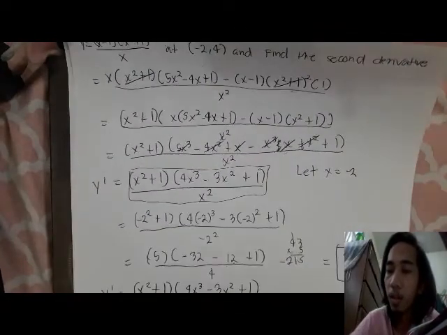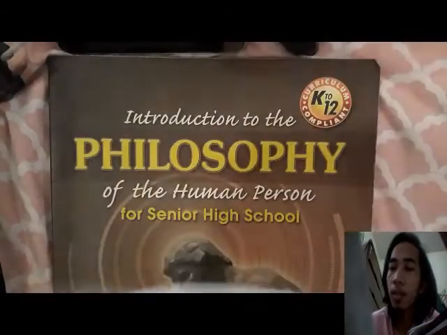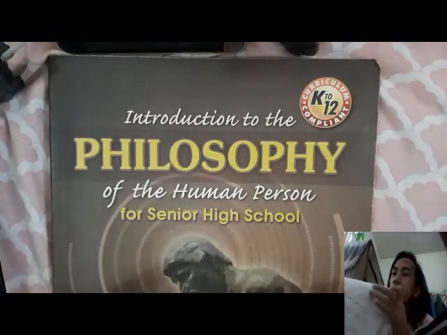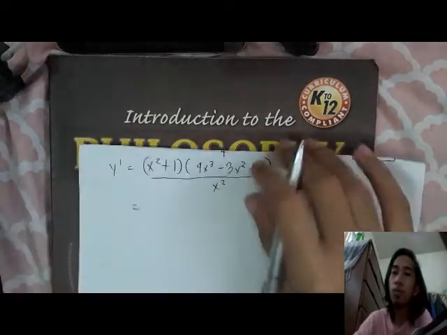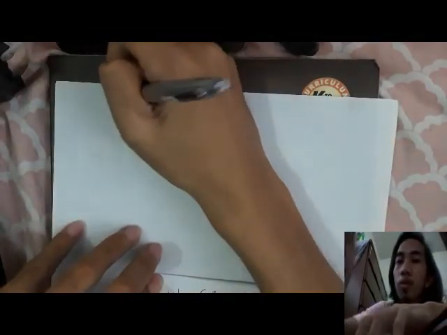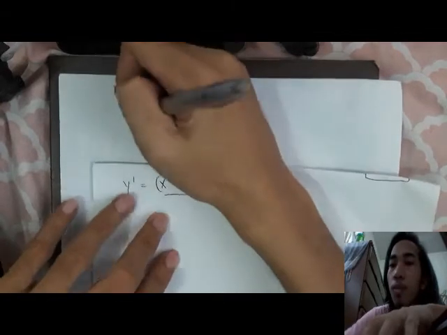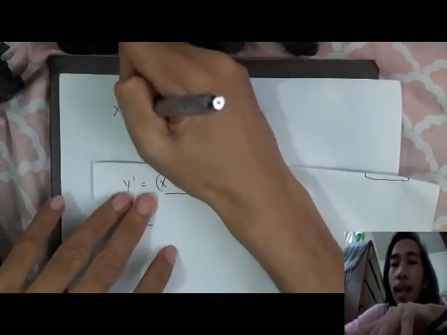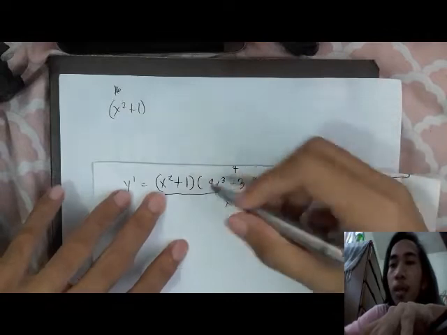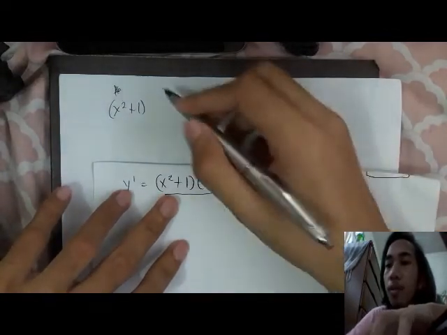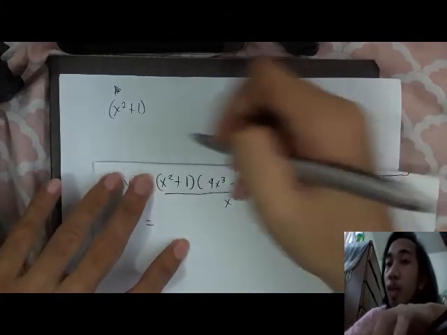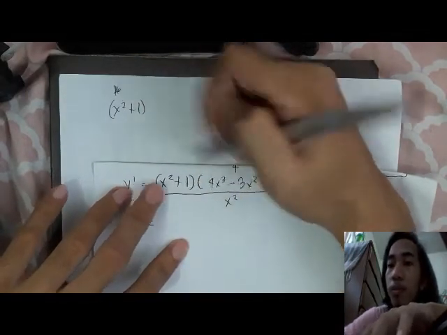derive muna natin, hanapin muna natin ang derivative ng f at g nila. So kuha tayo ng ibang papel, doon isa-solve. Hanapin natin ang derivative ng f, which is apply natin ang product rule, which is f times derivative of g. Product rule ito, itong f natin, ito ang g. So magiging